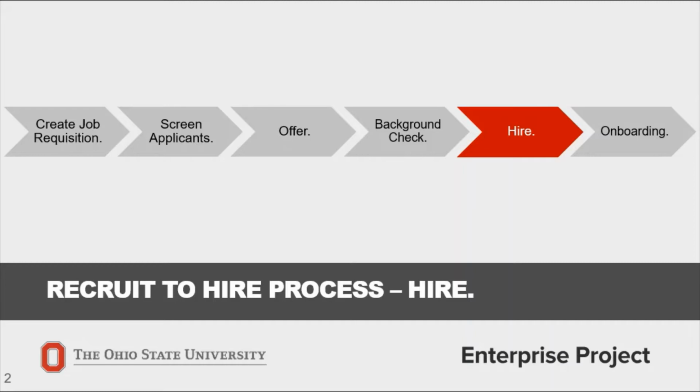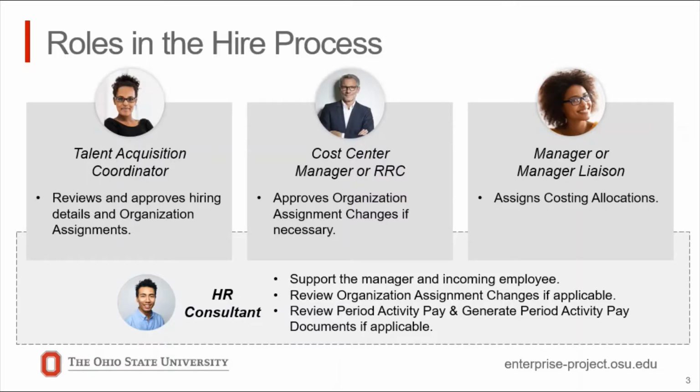An example of an employee using period activity pay would be a lecturer who is paid per course they teach. This compensation per course would be entered into the period activity pay request and then paid in equal payments throughout the semester. At this point, the hire process is technically complete, and the individual is an employee of the university when the TA coordinator reviews and approves the hiring details. However, there are several other items that need to occur to ensure all information is accurate for the employee joining